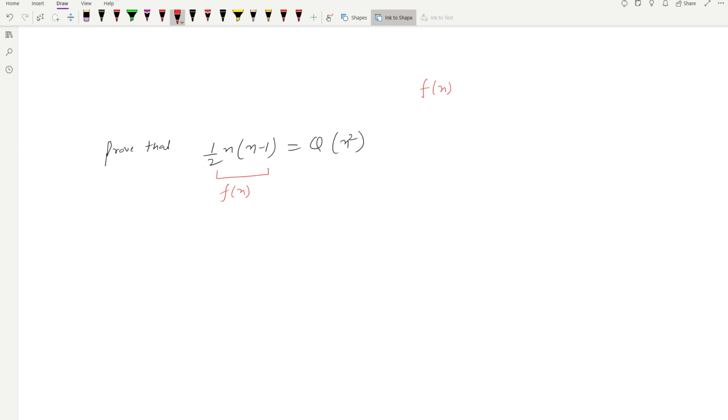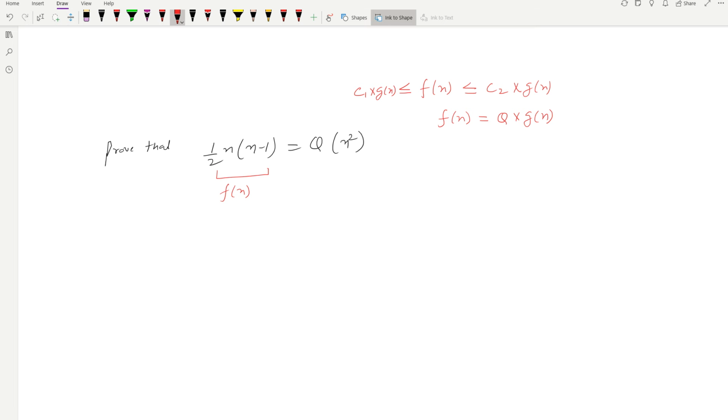So if we can write f of n lesser than or equal to some constant c2 times function g of n, and greater than or equal to some constant c1 times g of n, then this is the definition of theta. Theta says that if the given function falls between these two functions, g of n multiplied by their respective constants c1 and c2, then we can approximate f of n in terms of theta, that is theta of g of n. We can rewrite it: f of n is equal to theta of g of n.